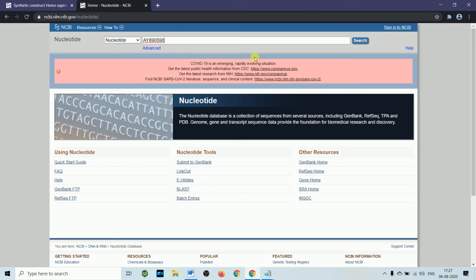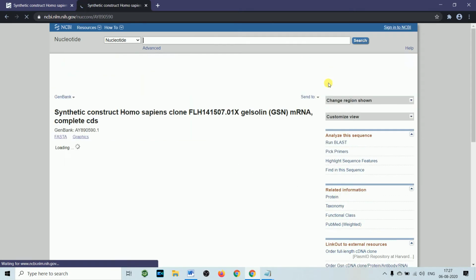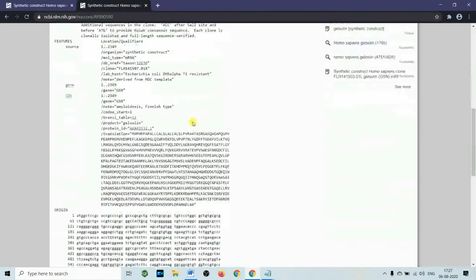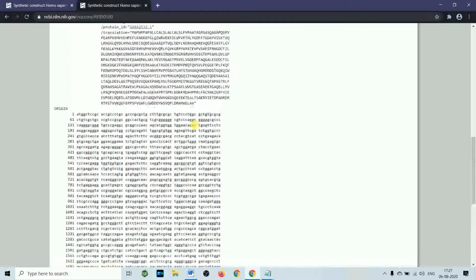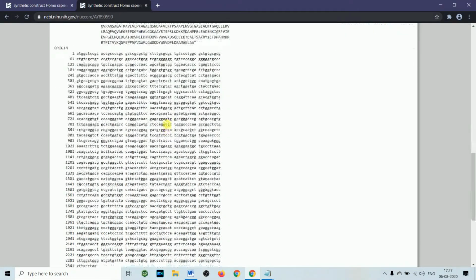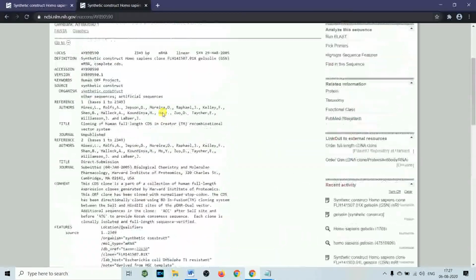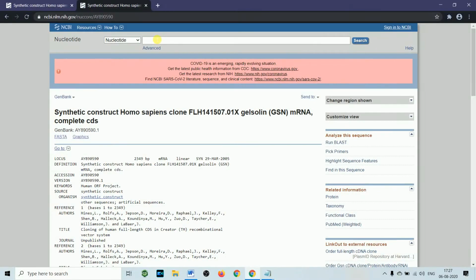So just paste the accession number and you will see that you can find out the amino acid sequence and gene sequence. This accession number people use in their research papers, which guides you to various gene sequence or protein sequence required there.